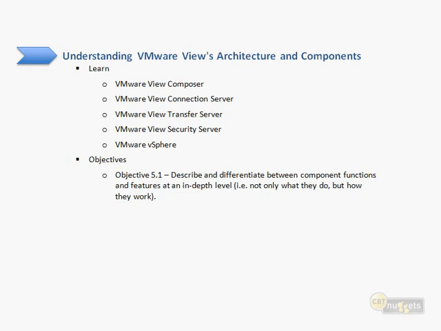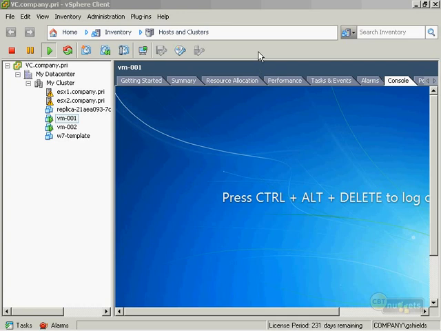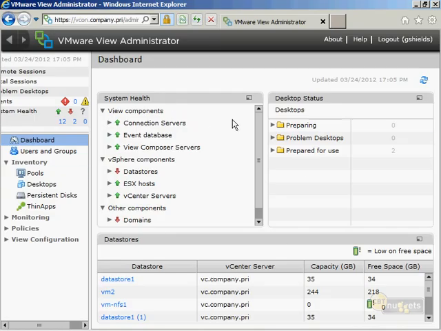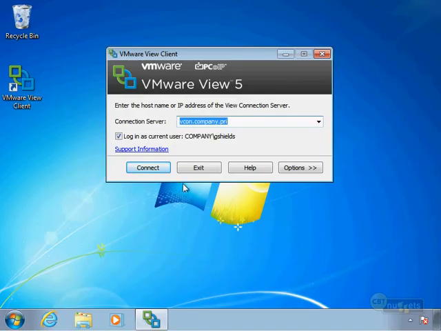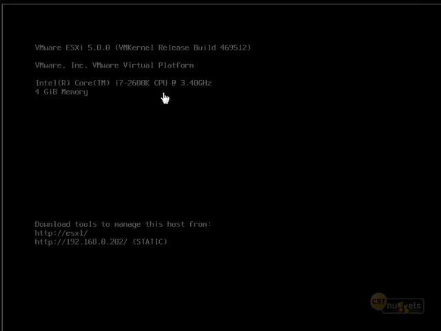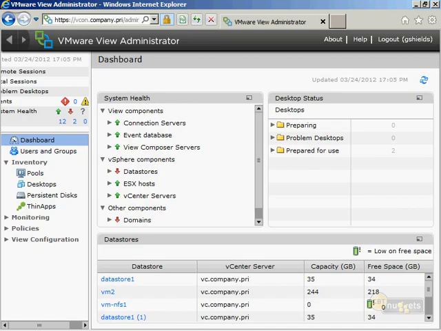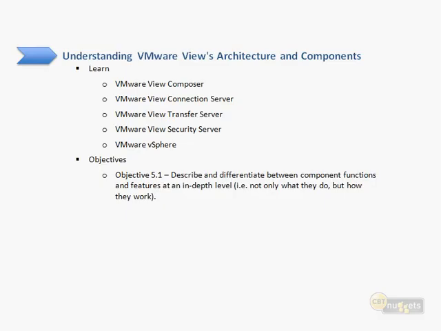So before we actually talk about clicking buttons, and don't worry, I've got an entire infrastructure here with vSphere servers and with VMware View administrator consoles to work with, and clients that have the VMware View client installed, and even some ESX servers here that we can all interrelate with. So all of this exists right here. Don't worry. But before we get into that, let's spend a minute actually taking a look at the architecture,